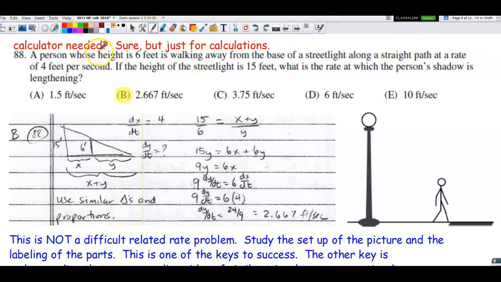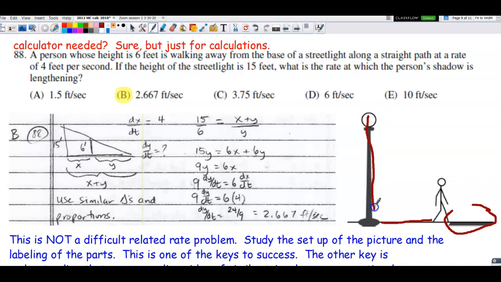A person whose height is 6 feet is walking away from the base of a street light along a path at a rate of 4 feet per second. If the height of the street light is 15 feet, what is the rate at which the person's shadow is lengthening? So right over here is the picture that's given. So that's the person's shadow. This is the distance between the person and the lamp. And then the lamp itself is